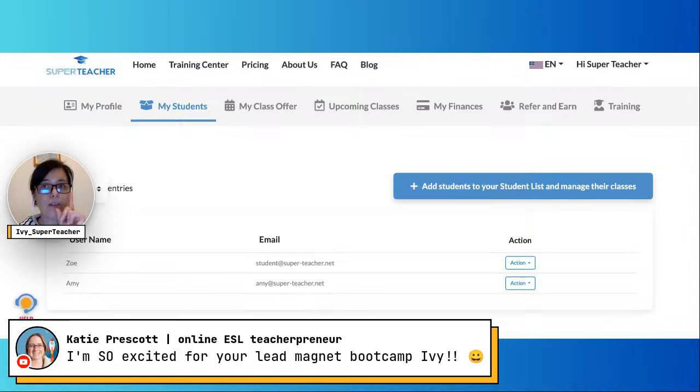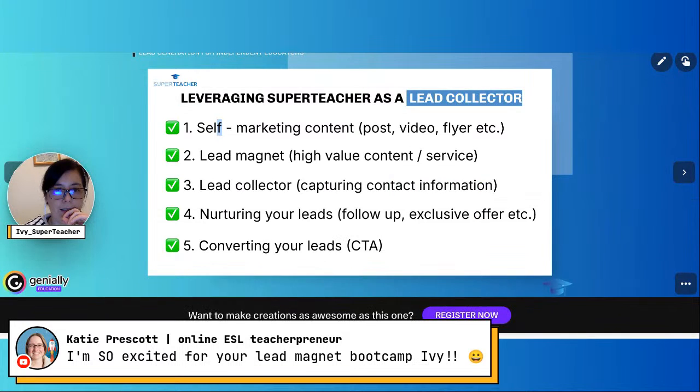Okay, so that was the first case study. Let's see another flow you can have with SuperTeacher, because lately we have a lot of teachers using SuperTeacher for self-paced courses. So I wanted to show you how you can use it in that case as a lead magnet also. Okay, let's just find where that was. It's not a link. I'm just going to take you there. I have to log in as a student again.